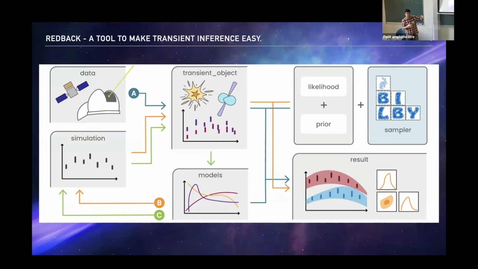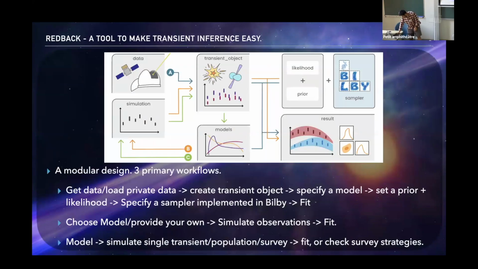The samplers, the way you actually sample something and get a posterior out in the end, is through this package Bilby. There are about 15 or 16 different open source, off-the-shelf samplers already implemented in that package. You just replace them, and in the end you get this light curve or posterior corner plot, and that's how you interpret your observations.